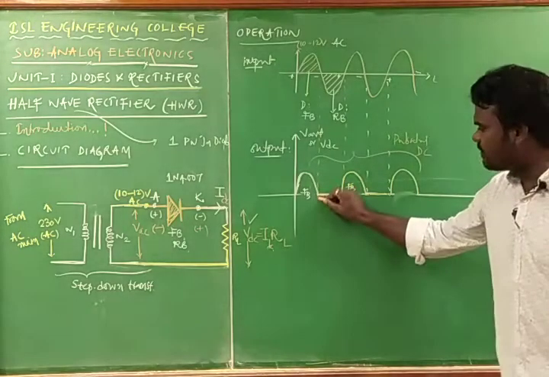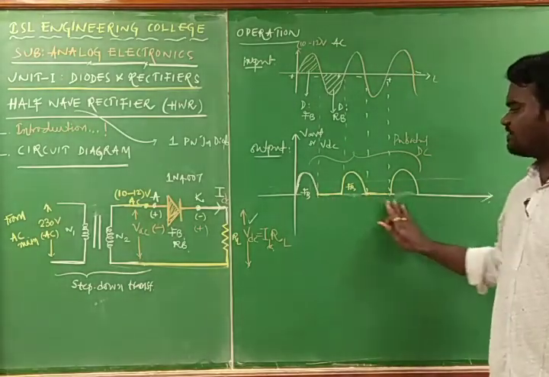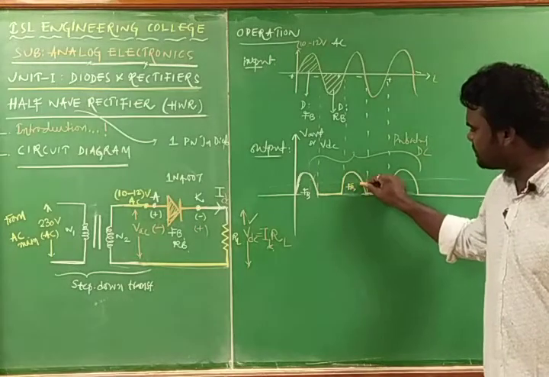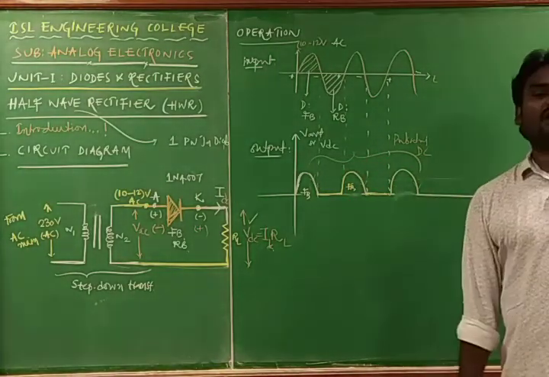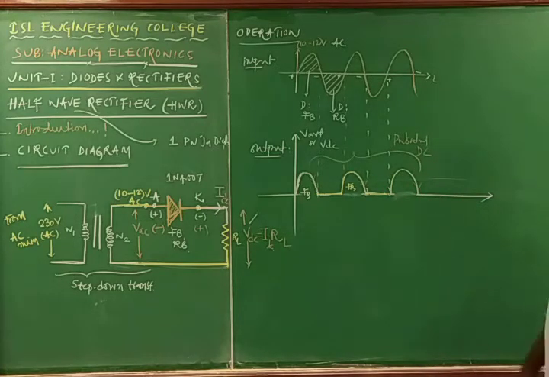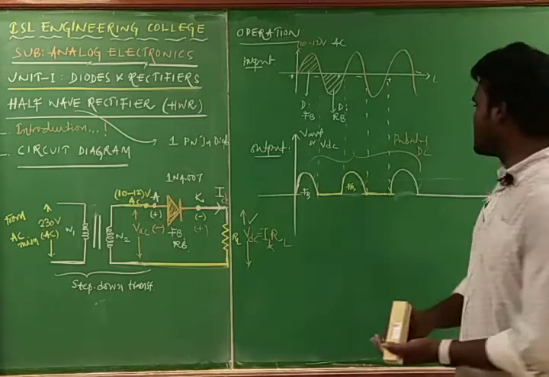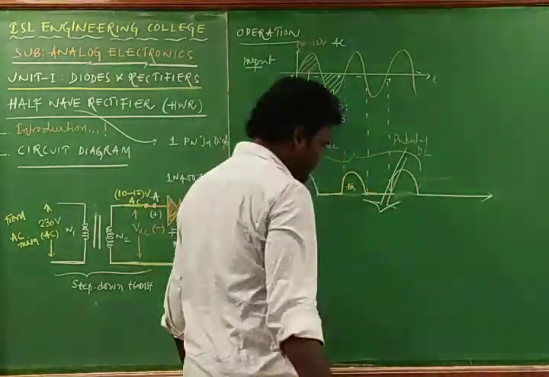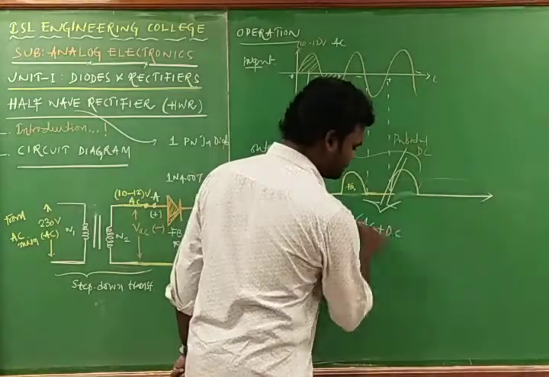AC means it requires the positive half cycles and the negative half cycles, but we are not having any negative half cycle, such that it is proceeding in all positive values only. Like this only it is moving, such that we can call it a DC, but it is not pure DC. This type of DC is named as pulsating DC. Pulsating DC is one in which we can have the AC along with the DC.